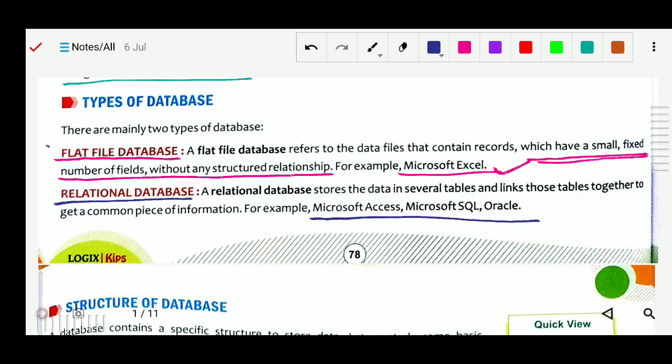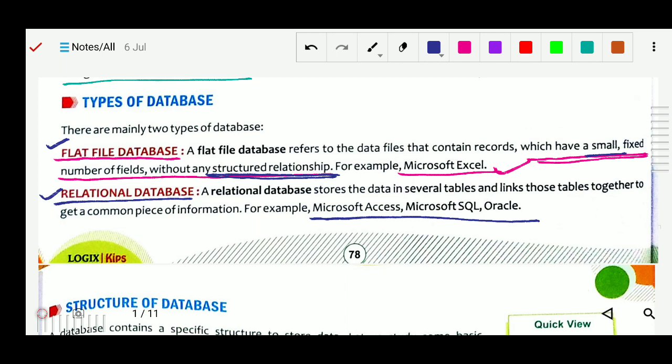In the flat file database the structured relationship was missing, but in the relational database a structured relationship is there, and also the capacity to maintain records is the highest.